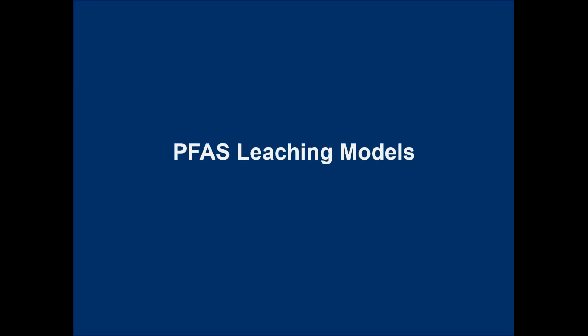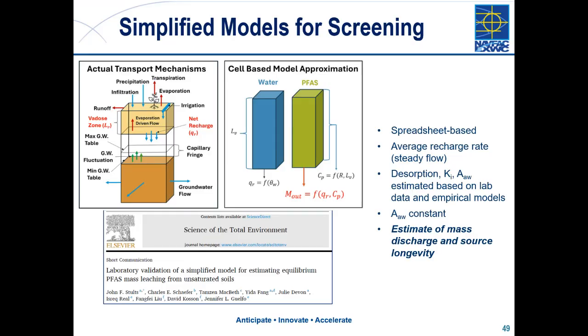So what's going on slide 49? Yeah, that's right, Chuck. And sometimes a simple model is sufficient. If you have these KD terms, these KI terms, know the absorption to the air, desorption from the soil, absorption to the air-water interface, you can essentially do a simple Excel spreadsheet type model.